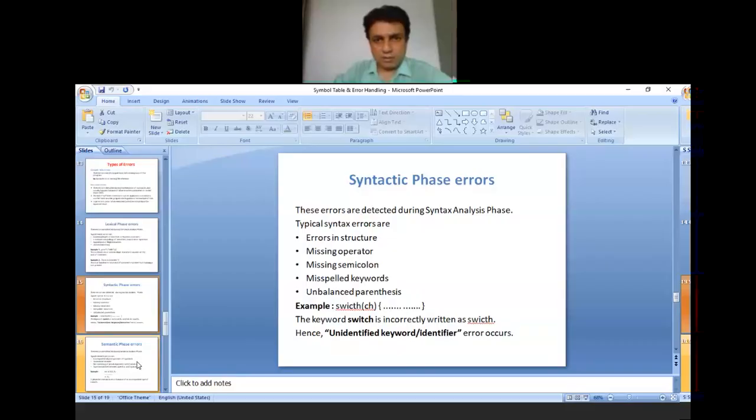Then proceeding further, the semantic phase error. These errors are detected during the semantic analysis phase. Typical semantic errors are incompatible value assignment of operands, undeclared variable, and not matching of actual arguments with formal ones.